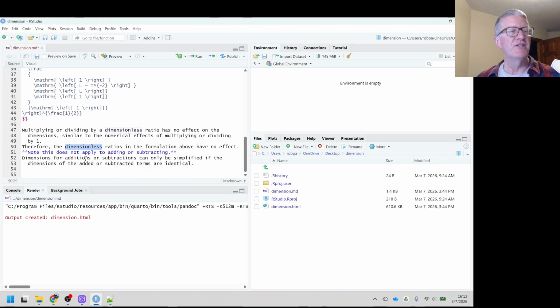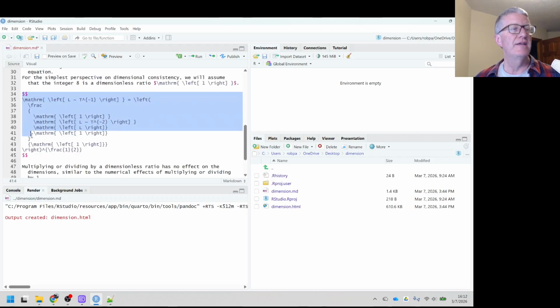And finally, dimensions for additions or subtractions can only be simplified if the dimensions of the added or subtracted terms are identical. So if you can add two variables that have the same dimensions, then it does simplify to just those dimensions. But you can't add two things with different dimensions and simplify the dimensions. Okay. So that's the text. The next step is to show how we're starting to simplify this math